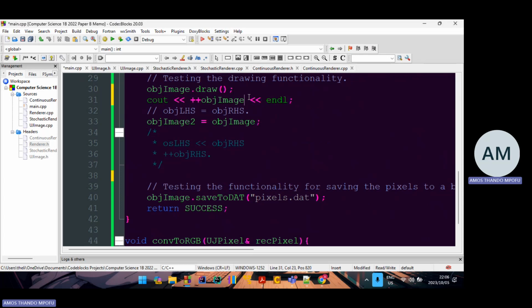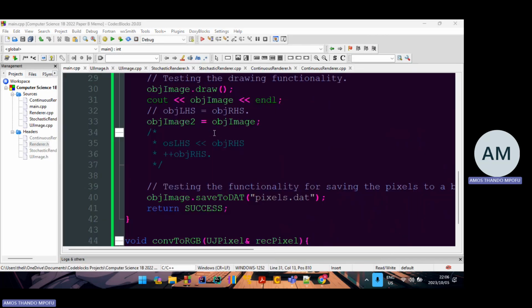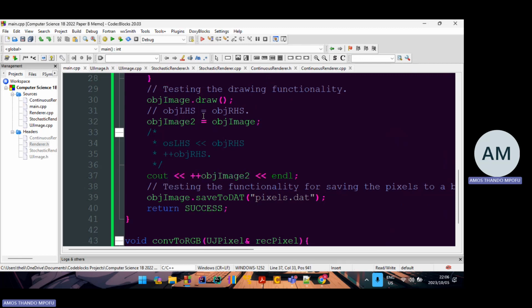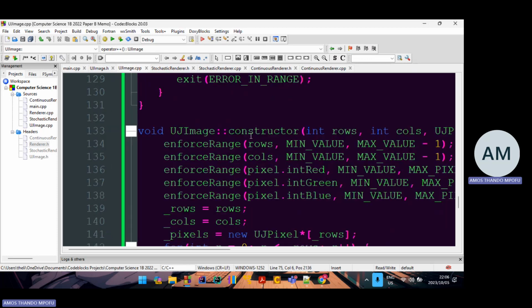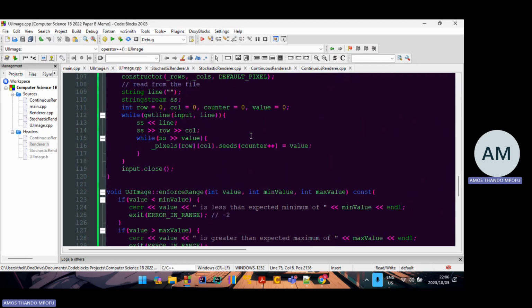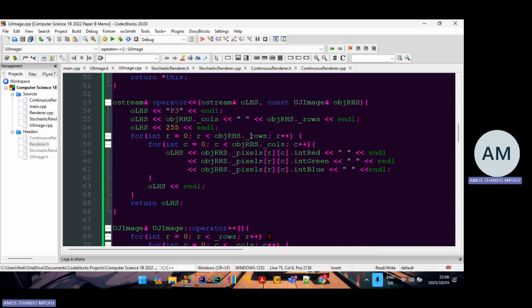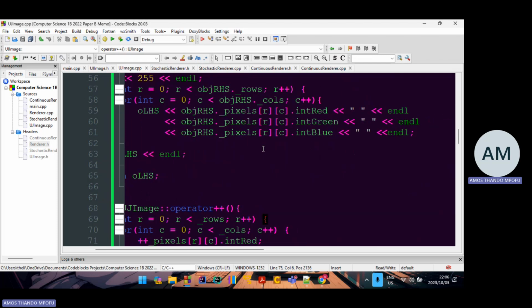Okay, let's just output the object image without doing anything. Okay, so it could be where I'm formatting my output. That's the only reason why it's outputting like that. So my stream insertion operator. So const output read. And let me see. So this outputs